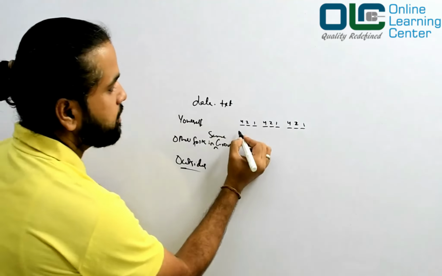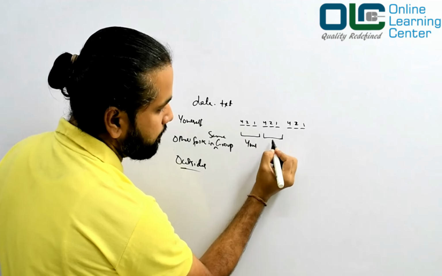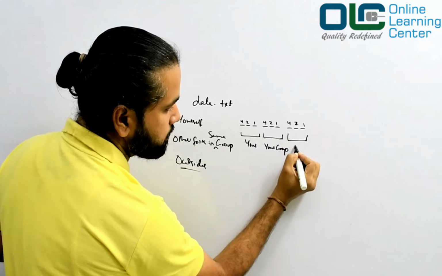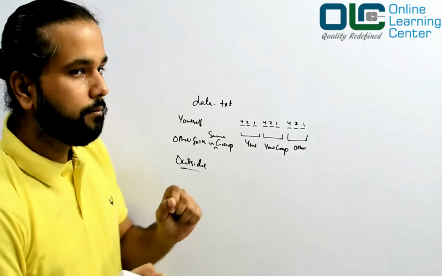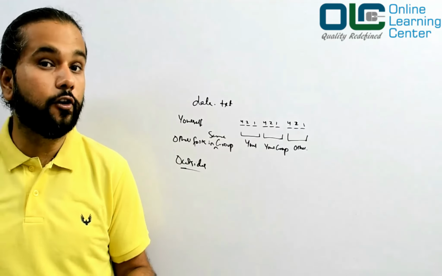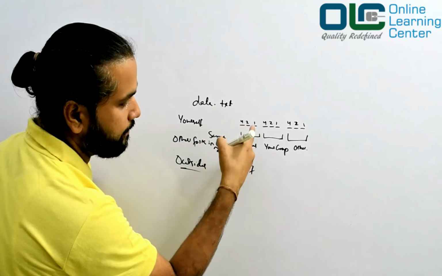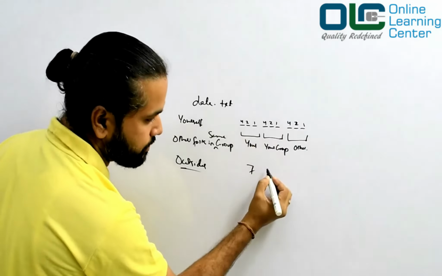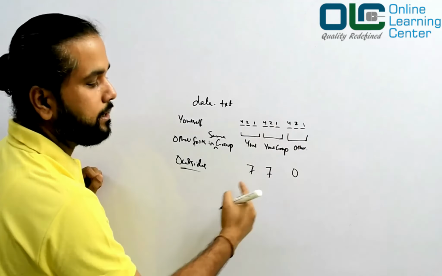This is for yourself. This is for your team members, group members. And this is for others. Now see here, if I have a file and I want full permission for myself and full permission for my group members, then what you will do? You will say 4 5 6 7, 7 for yourself, and full permission to your group member also, so 7, and then let's say no permission to outsiders, then 0. This is how you will define it, right?